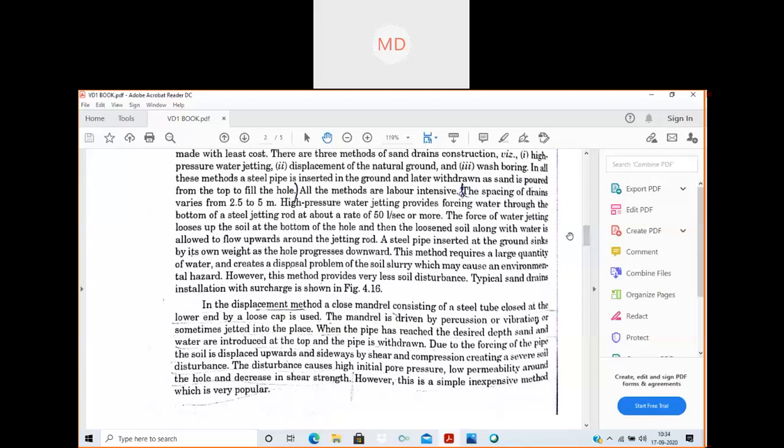Now there are these methods, the displacement method and boring method. These are the various methods of inserting the pipe. In some places boring is done before, in some places direct displacement, the pipe is inserted directly with the help of high pressure. If you go through this, you will get to know properly. But the method is the same. Ultimately, we need to insert the pipe, then put in the sand and a little bit of water so that the sand gets settled inside, and then the pipe is withdrawn and the sand is allowed to stay, and that is the vertical drain or sand drain.